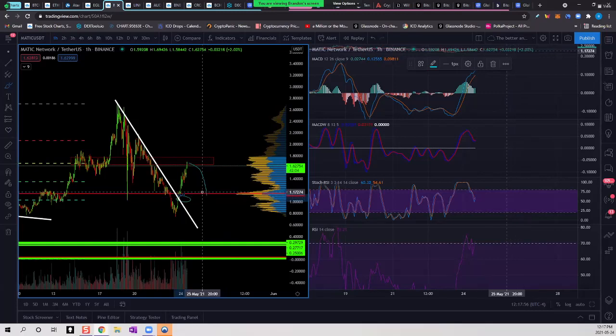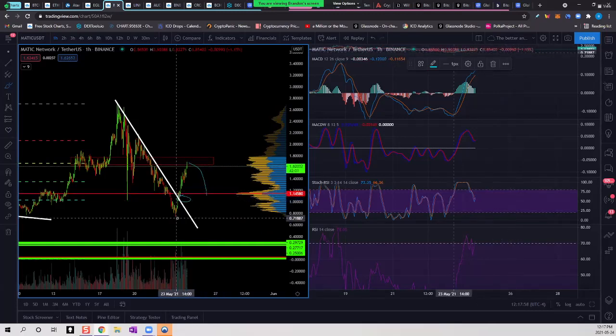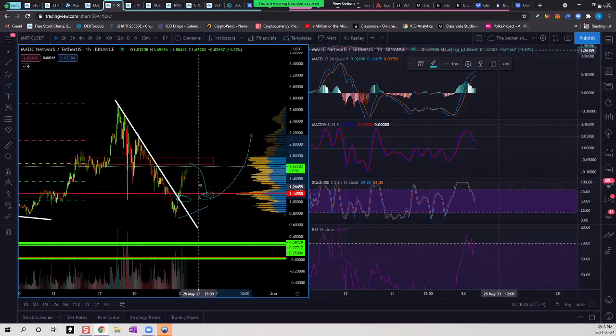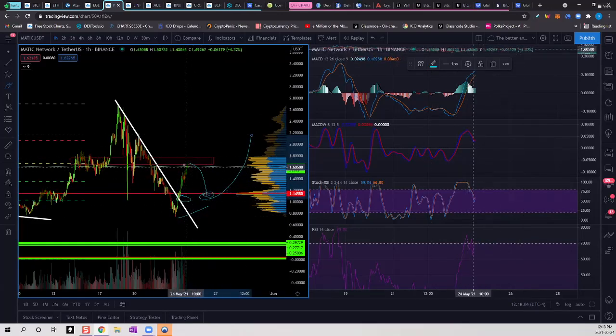And if we can fall back down to wherever we do and make a higher low and hold this as support, then we have room to the upside afterwards. So again, even if we do find that rejection and have a bit of a leg down, as long as we make a higher low,